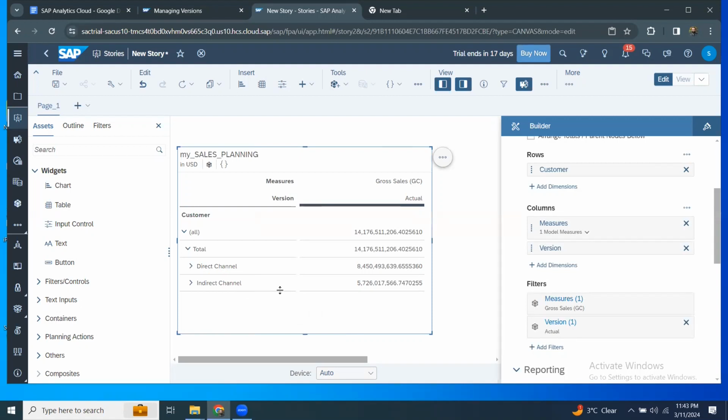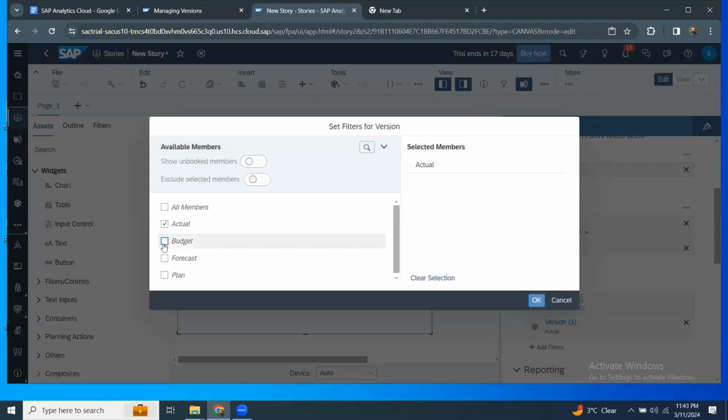I'm just going to keep this as it is. I also wanted to keep another measure, actually the same measure, but for a different version though. I'm going to add another version here. I'm going to choose versions and then say this time I wanted to put forecast